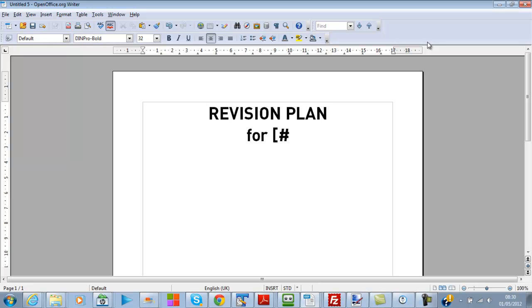Put in our first tag, which would be name. You see the tags are square brackets hash, then the tag name, and then again hash and close square brackets. I'm going to change the color of that to make it a little bit different. And now I'm going to put in a heading, call it week 1,